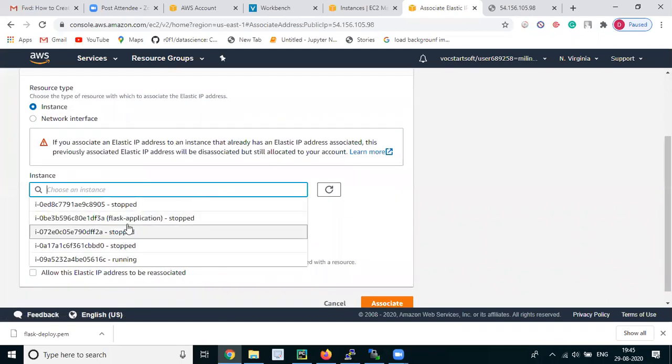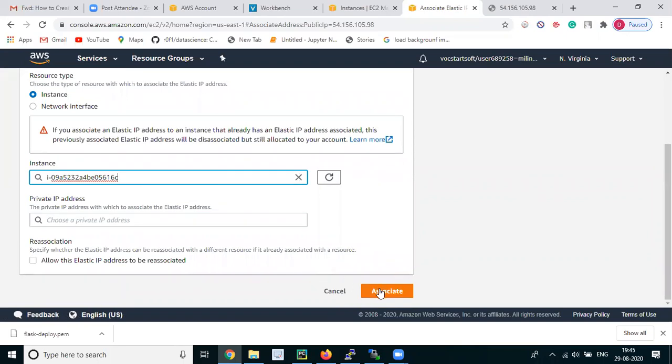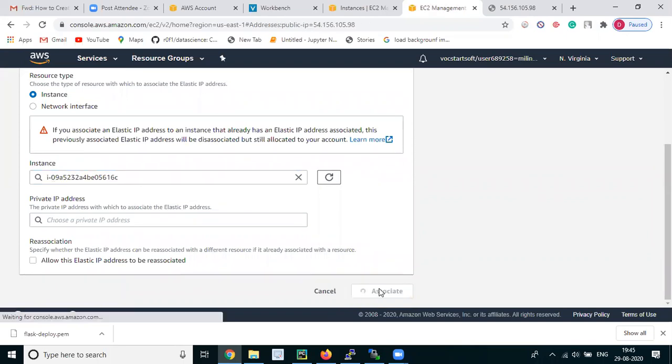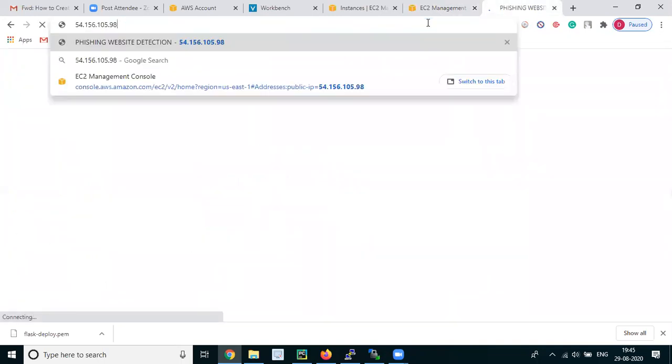We just created an instance, and it is saying that it is running. So we will choose this instance and associate. Now it is saying that it has been configured properly. If we go to this elastic IP, the static IP, we can see that our Flask web application has been deployed.